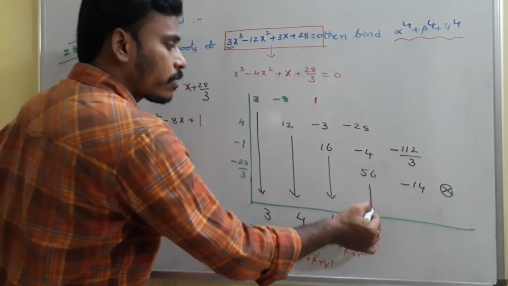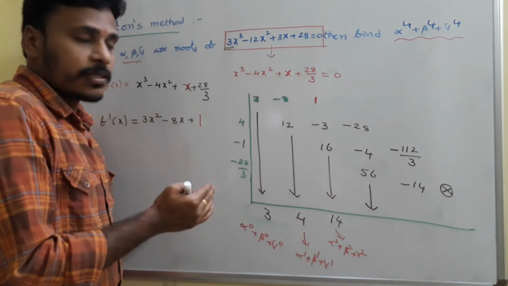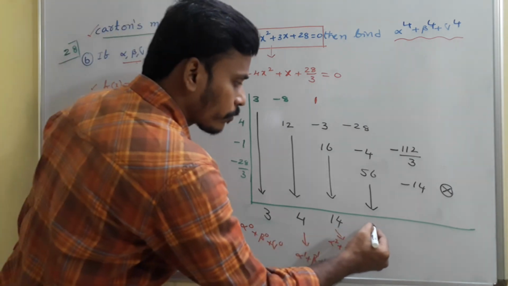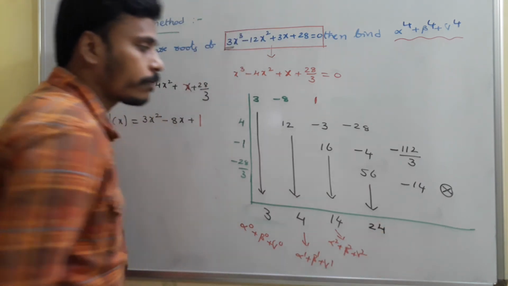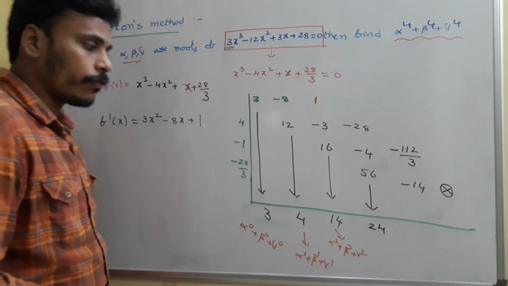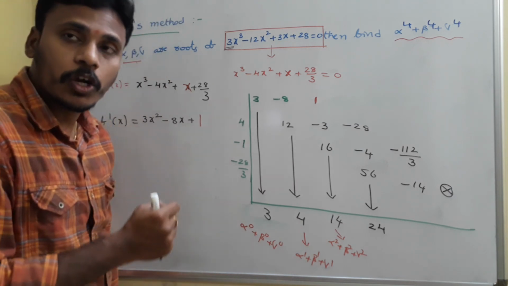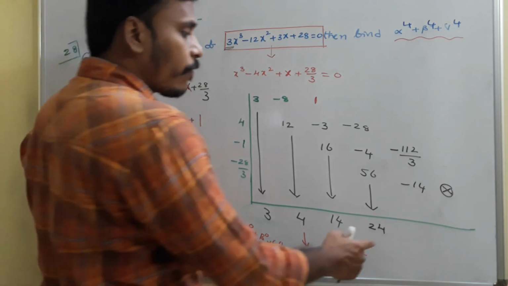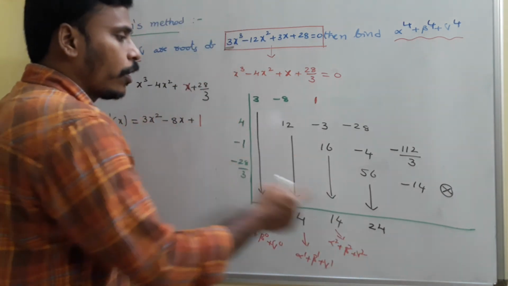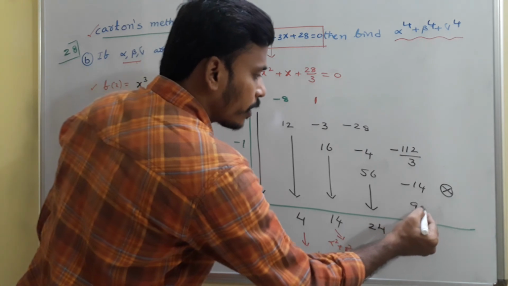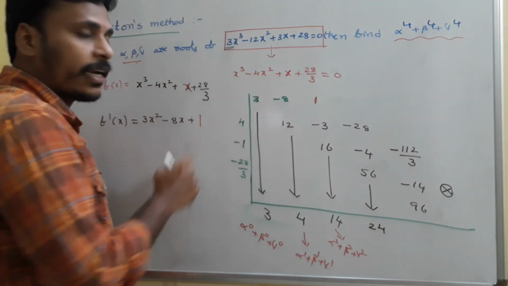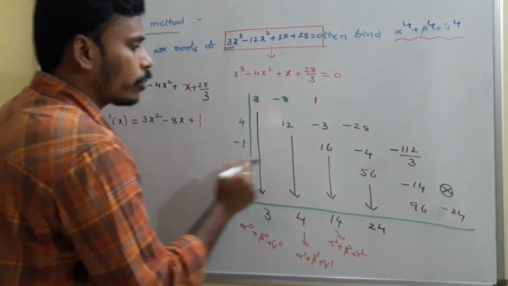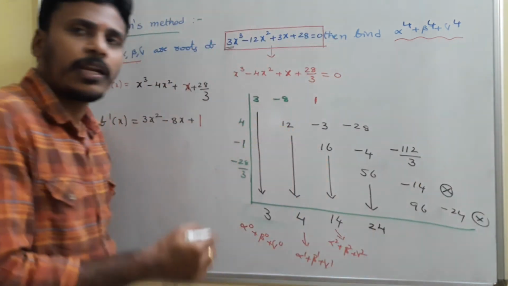And now add all these things. 56 minus 28 and minus 4. 56 minus 32. 56 minus 32 is how much? 24. Okay, that value is 24. So that 24 will represent alpha cube plus beta cube plus gamma cube. And since it is alpha cube plus beta cube plus gamma cube, again multiply. 24 fours is how much? 96. 24 fours is 96. And then 24 into minus 1 is minus 24. 24 into this value, actually I will get some value, I don't need it, okay, leave it, no problem.